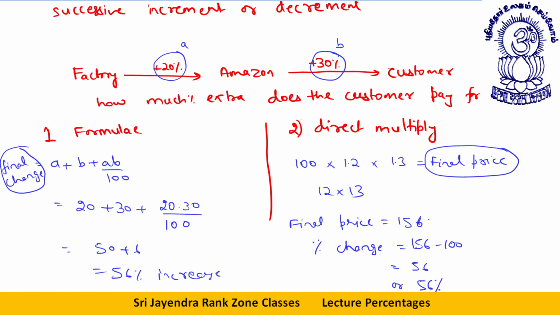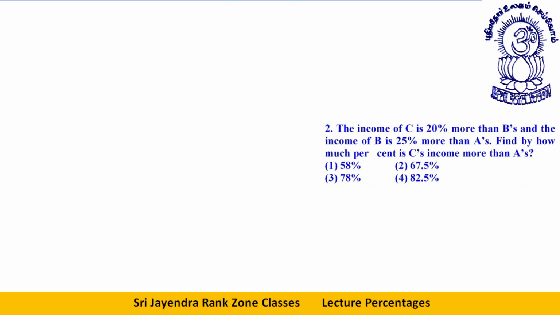So in a nutshell, these are the two methods generally applied. In place of 1.2, you can also write 6 by 5. It all depends upon your calculation skills, what sort of calculations you can perform easily. That is the main thing. So this part has been done. I have told you the basics of one thing. Let's take a few questions at a good speed. I will be covering two concepts today. Let's take questions on both of these one by one.